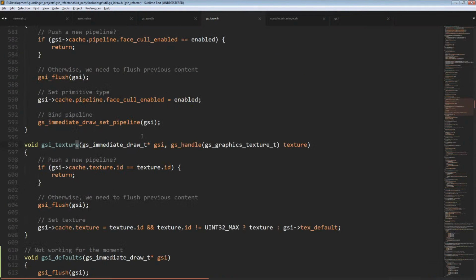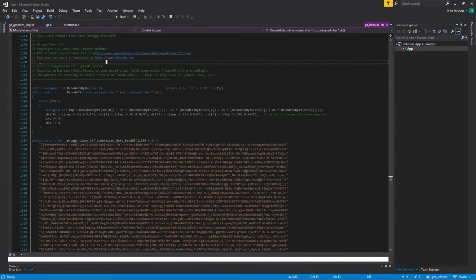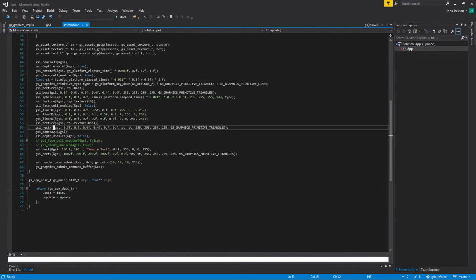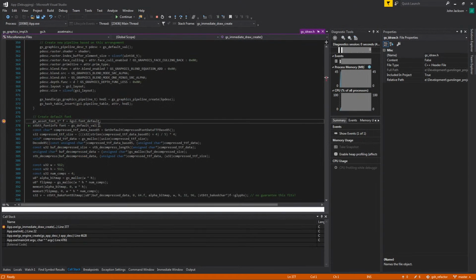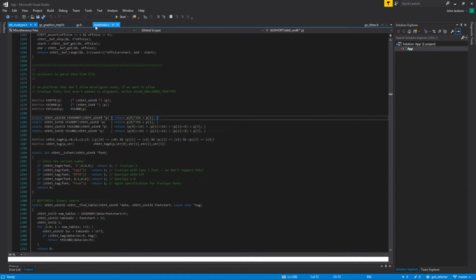If I call GSI texture, all right, let's pop into there. There's something weird going on. All right, let's just start here. Oh, phantasmic. So I think that's because in here,